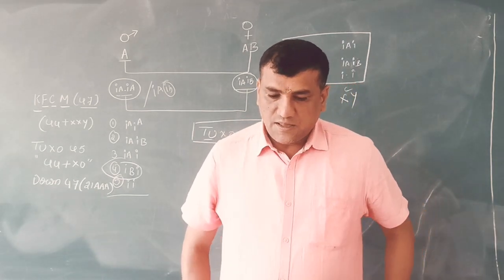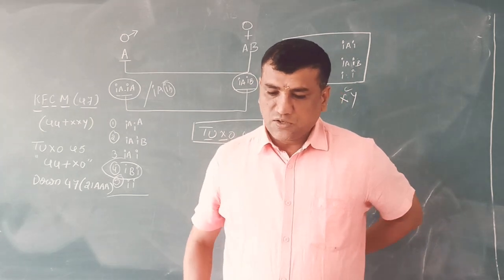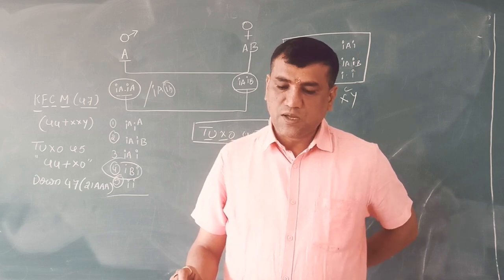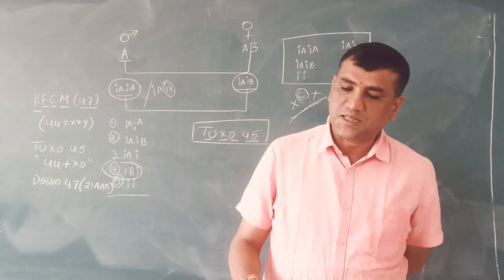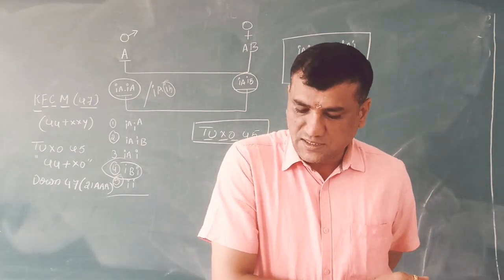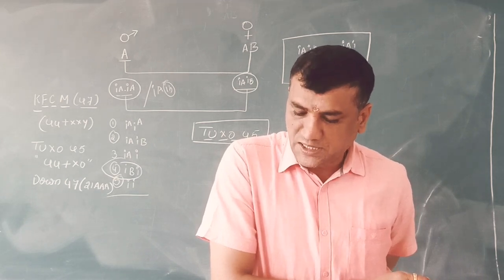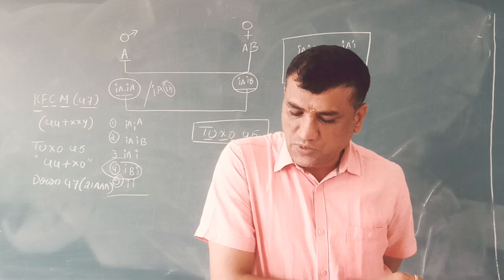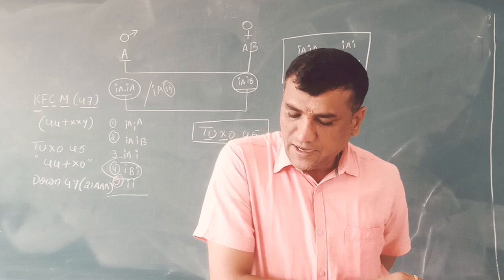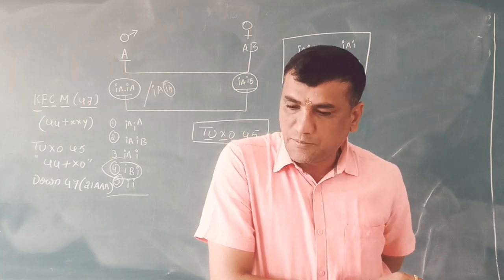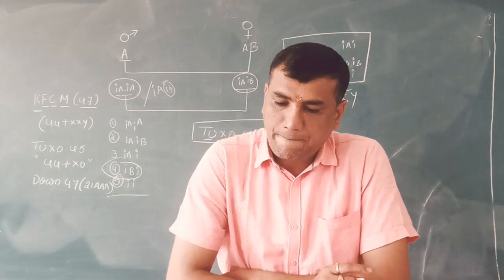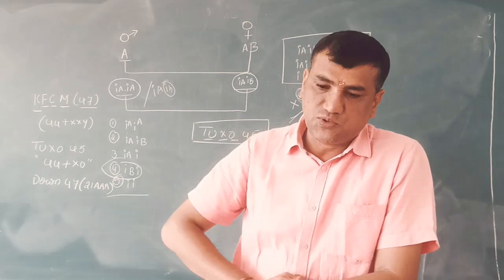Next, the fruit fly Drosophila melanogaster was found to be very suitable for experimental evaluation of the chromosomal theory of inheritance by Morgan and his colleagues because it reproduces quickly. A single mating produces many young flies. The smaller female is easily recognizable from the larger male. It completes its life cycle in about 2 weeks. So it is 10 to 14 days. That is the reason it was chosen.